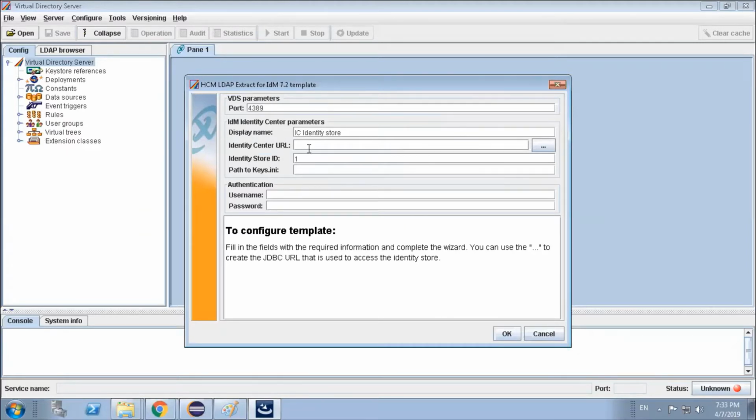We have to remember this port number, in which port that data is being passed. Display name, IC identity store. This is the default display name. Now this is the IDM identity store parameter that we have to maintain over here.